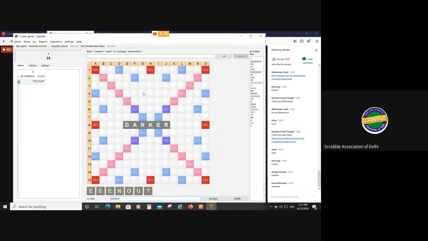You also have Scrabble 3D, which has games with mathematical equations also. A Scrabble game with mathematical equations. So I'm learning all that. Maybe in some subsequent session, I'll share all those things as well.